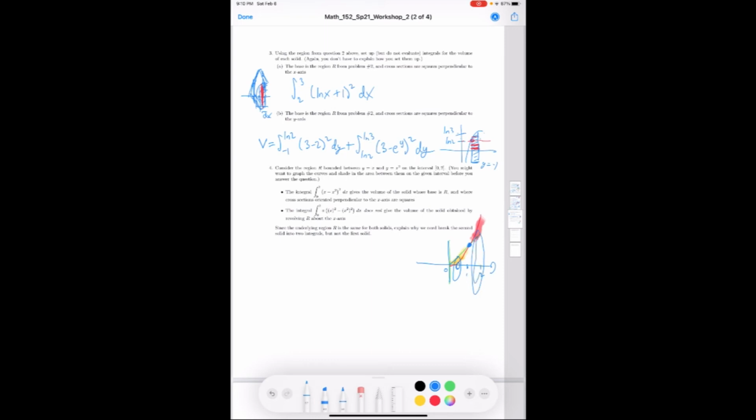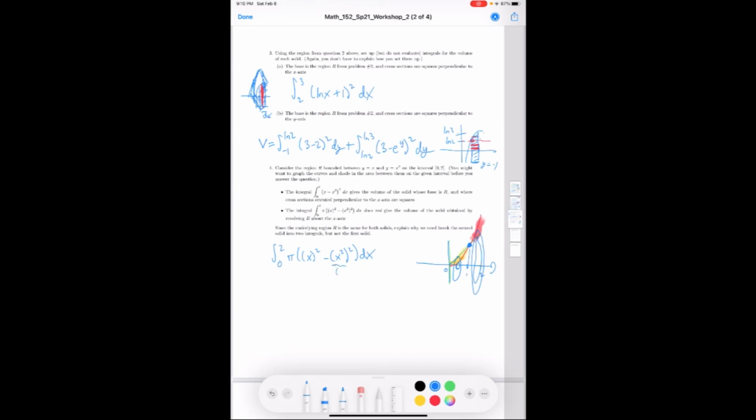what we now have is that the outer radius is given by the parabola and the inner radius is given by the line. So if I were to do the integral from 0 to 2 of pi, let's say, x squared minus x squared squared, where I'm always subtracting the line minus the parabola, I would get a positive volume up to 1, but then look what happens. Once I cross over to 1,